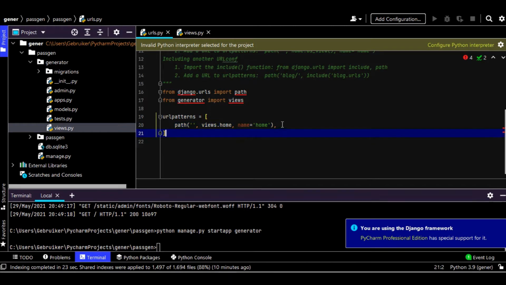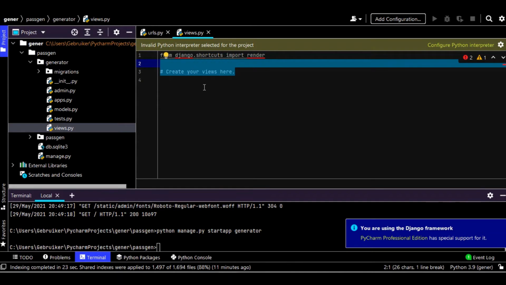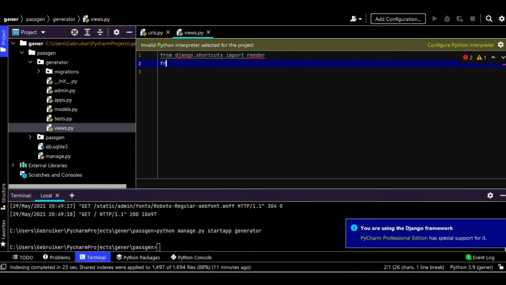All right, now let's get back to our views.home and make a function. So remember, this is basically a function. So we go to our views.py now in our generator here, and here we need to import some stuff. Now let's see what stuff we can import. So let's say from